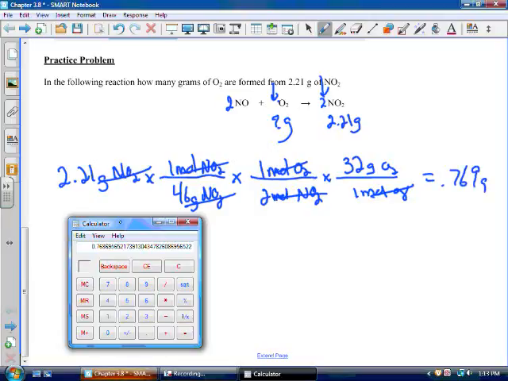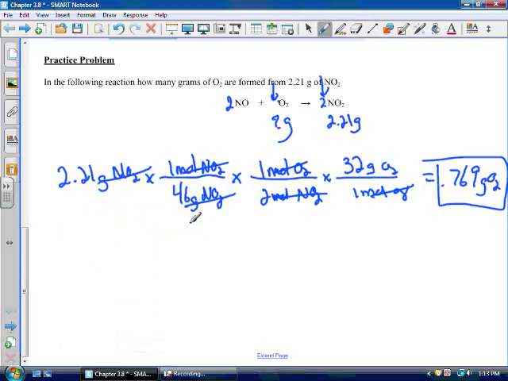0.769 grams of O2. And again, I'm rounding to 3 sig figs. So my calculator says 0.7686. So that 6 rounds the 8 up to 0.769 grams of O2. All right, so stoichiometry again, to recap: